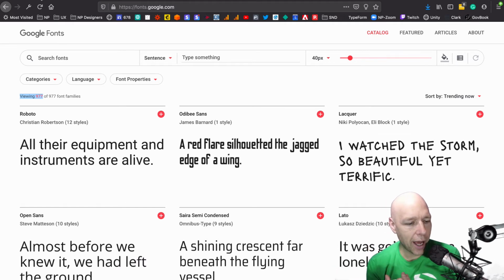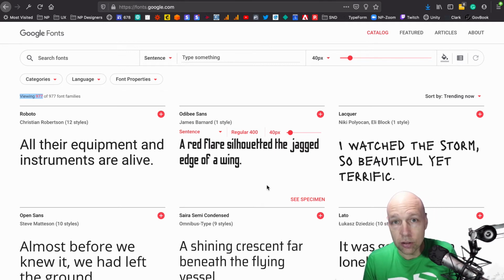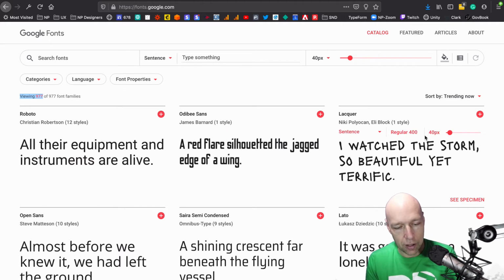And a lot of people will ask, well, what is a typeface like O2B Sans here? What is that really for? Well, there might be some logo usages for it. There might be some sort of artistic usage, like this Lacquer over here. Lacquer, it's one style. But when you get into Google, you can filter out a lot of these single style